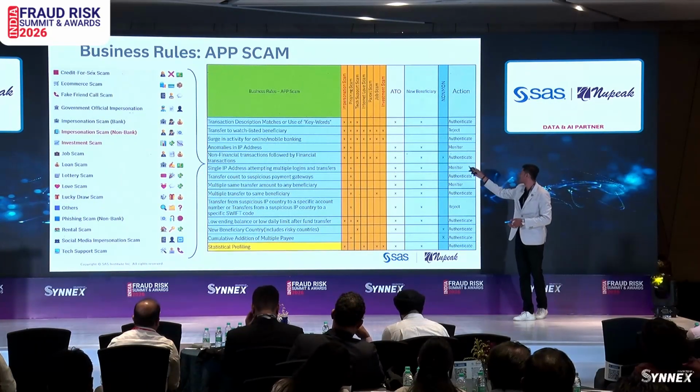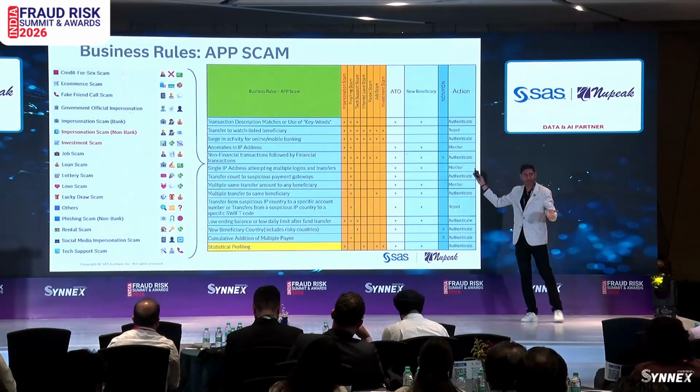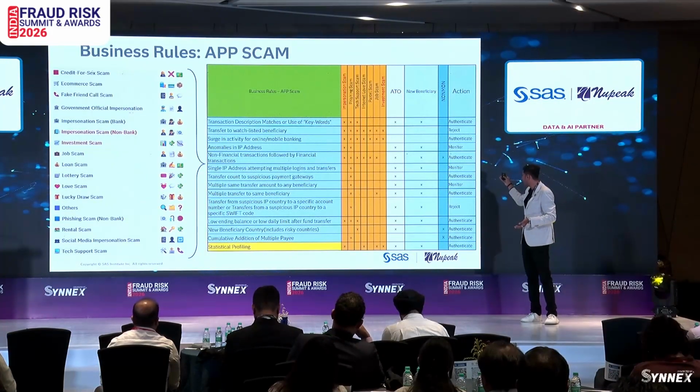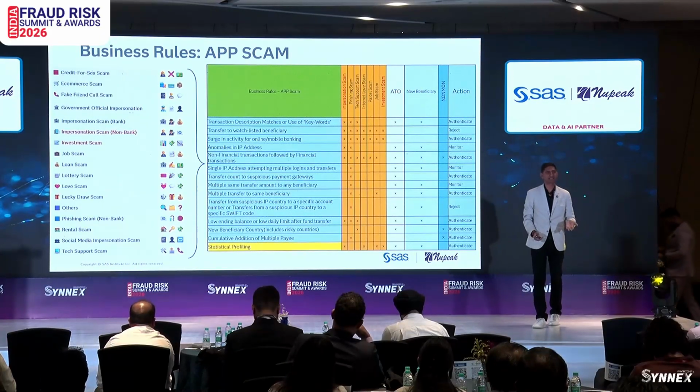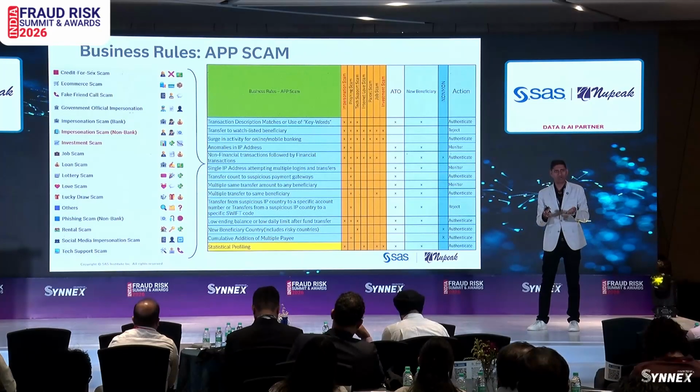So here is the action. If there is such fraud, should we reject this? Should we authenticate it with the end user? Should we monitor it, or should we approve this kind of transaction to happen? How is all that done? These are something called rules. You call it a rule, you call it